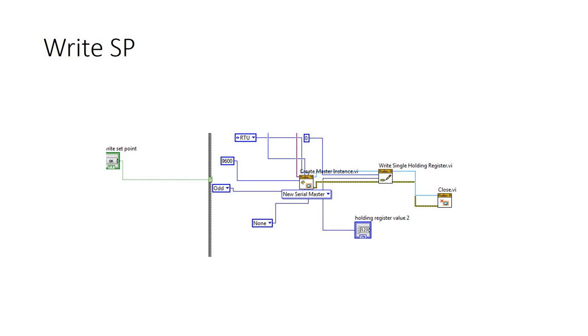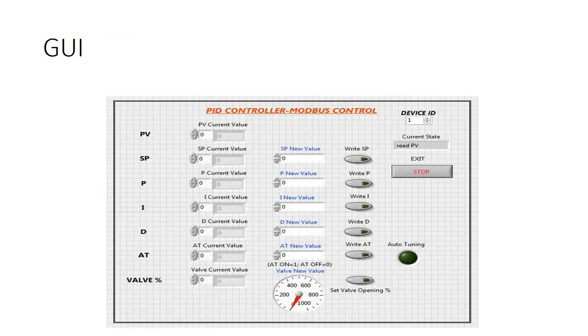Now if you want a write operation, that means you want to set a set point, what you need to do is like this. You need to use write single holding register, where you can see that the holding register value is a control, where, suppose you want to write 1.000, you just type that in the control, and after that it will automatically go and write into the Honeywell PID controller.